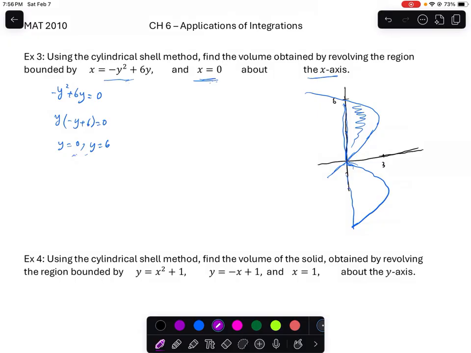So our typical cylinder will be, so that now, let us write our integral. So v is equal to